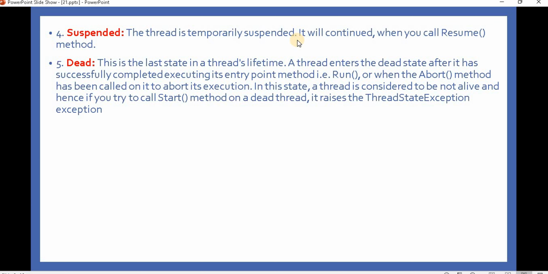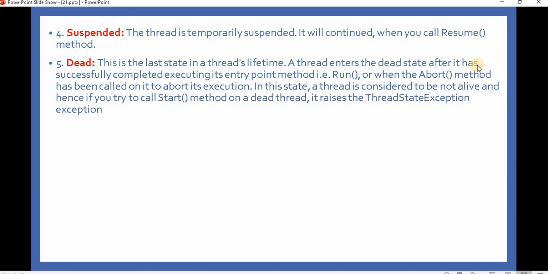Another is the suspended state. The thread is temporarily suspended and it will continue when you call the Resume method. And the dead state: when we call the Abort method, that particular thread will go into the dead state. This is the last state in the thread lifetime.